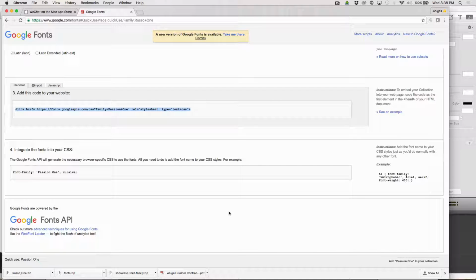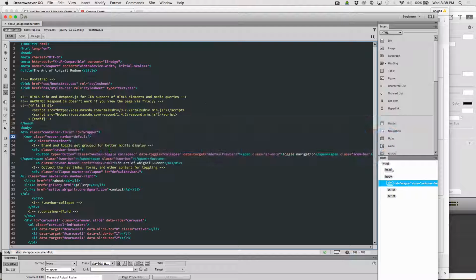link or the hypertext reference, or href, to this place on the web, https, blah, blah, blah, Google APIs, and find this family. So at this location, right here, you're going to find that information for me. So I'm going to copy that, and I'm going to go to my web page, and up here I'm going to add this,